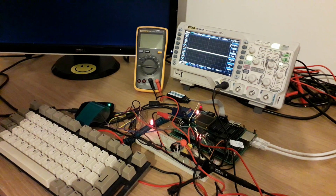So what we have here is my 68,000 test rig. There are two PCBs I've designed and had built in good old China. The bottom board, which I call the Mini 000, consists of the 68,000, or specifically the 68HC000, 1 megabyte of static RAM using the Alliance parts, I can never remember the number, 64 kilobytes of EEPROM,